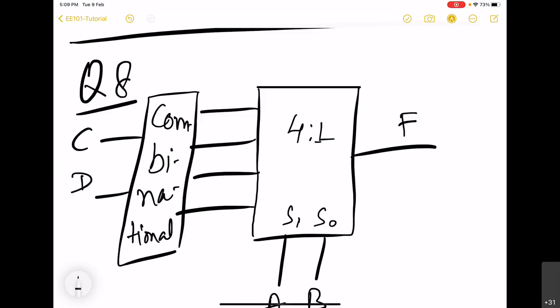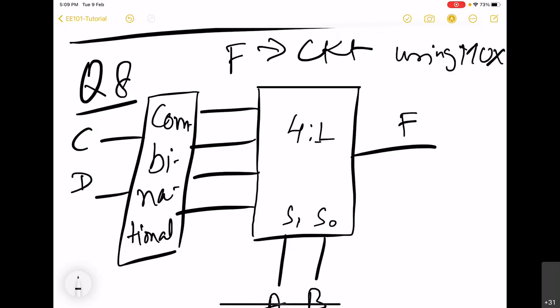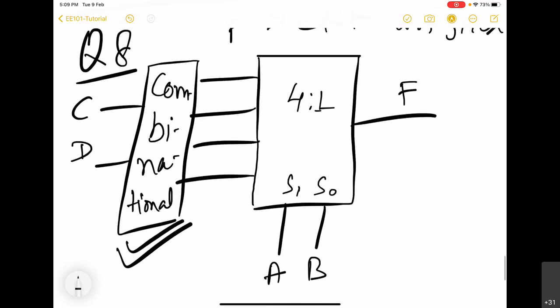So in such problems, implementing a function as a circuit using mux, the most challenging part is finding out this combinational circuitry. This challenge grows if the number of selector pins becomes smaller and smaller compared with the number of variables.